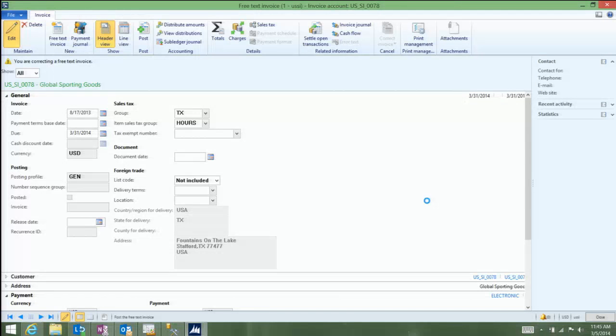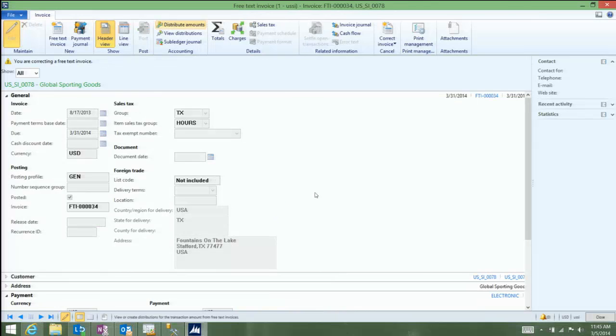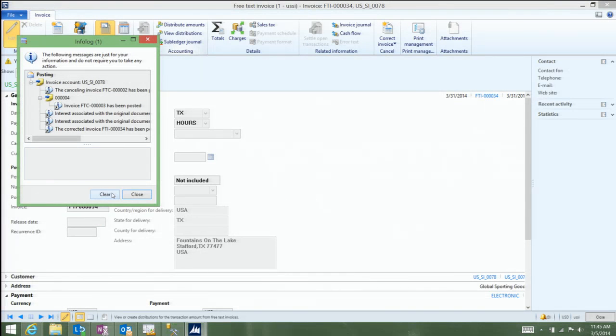And now as the system is posting here, it's not only posting that correction to the invoice itself, it's also adjusting out that interest calculation. There we go.